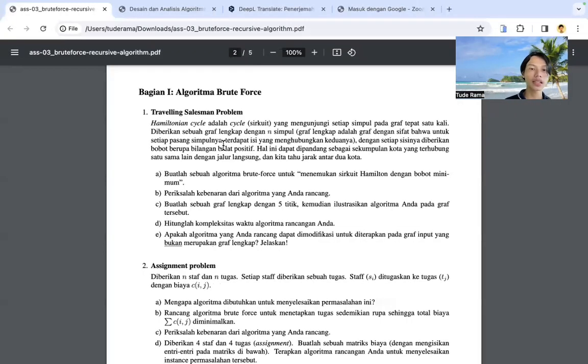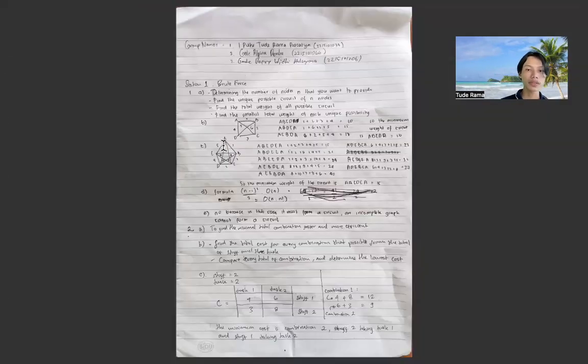Next, section D asks to count the complexity of the algorithm you designed. In my design, we have the formula (n-1) factorial divided by 2 times n, and the complexity is O(n times n factorial).